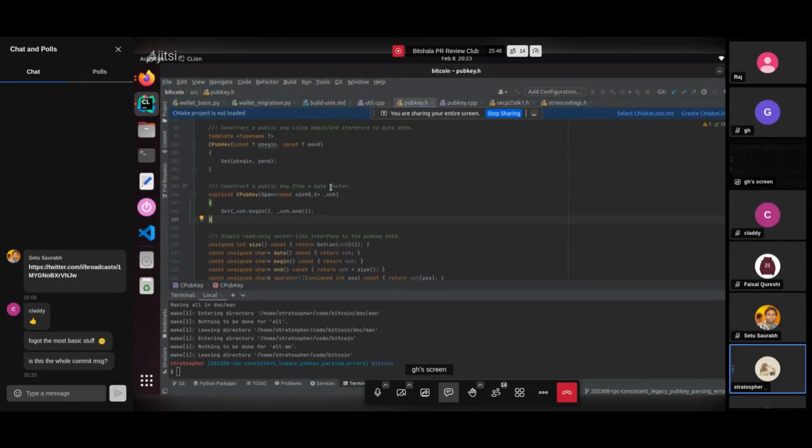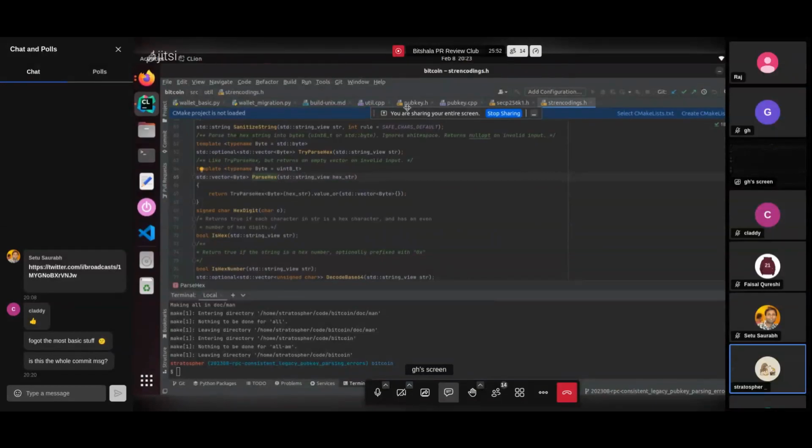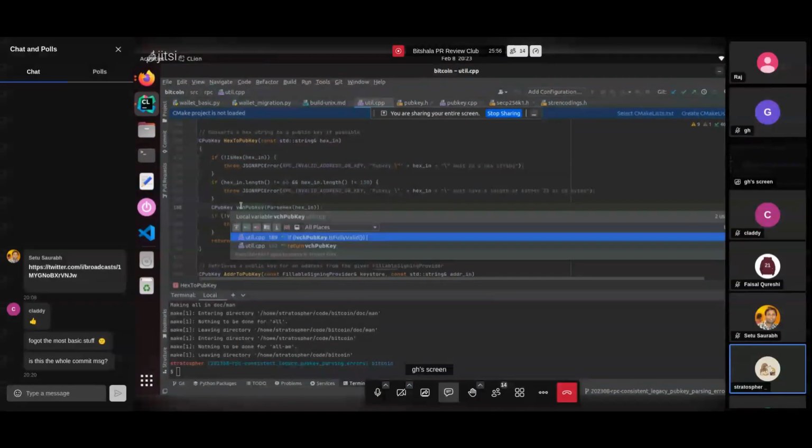So yeah, constructor: public key from the byte vector. So what does parse hex return? Yeah, it returns a byte vector. So that means